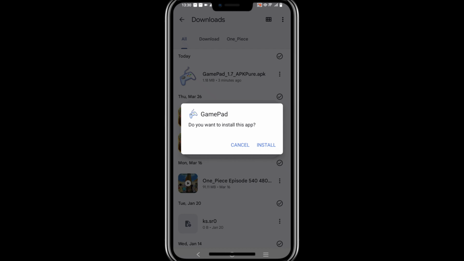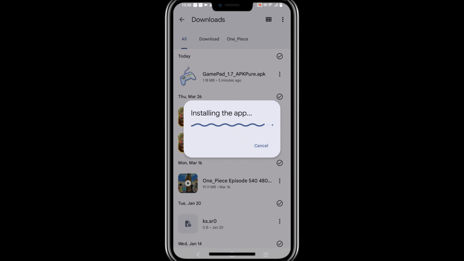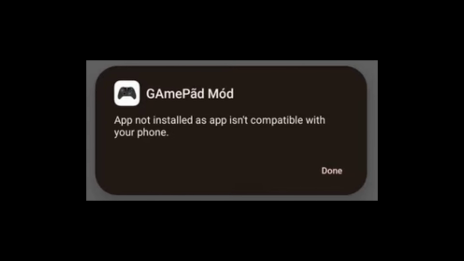In this video, I'm going to show you how to fix apps that are not compatible with your Android device. When we try to install an app, whether it's from the Play Store or from outside the Play Store, and a message appears saying that the app is not compatible with our device, there are usually two main reasons why